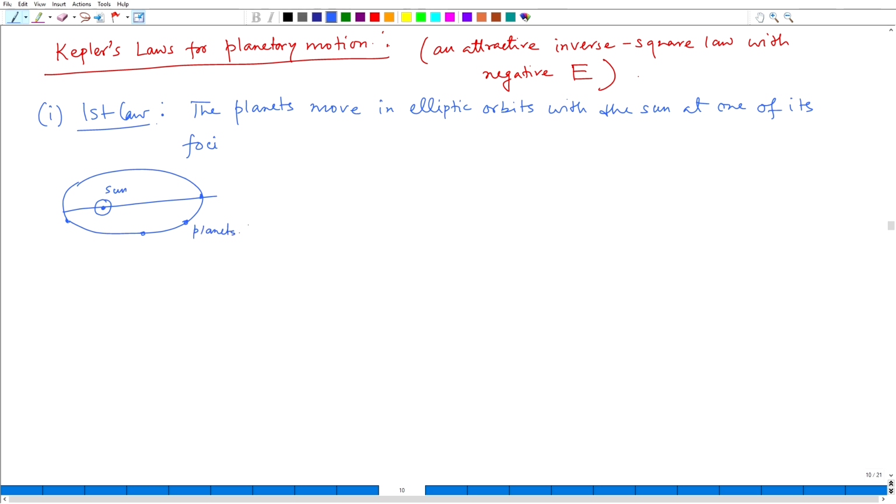So, we have actually shown the first thing, that the elliptic orbits, okay, that is completely consistent with our knowledge of the nature of the trajectory under negative total energy, which says that the motion will be bounded, and that is why you will have an elliptic orbit, because the orbit must be a conic section. Okay. And the second law again simply said